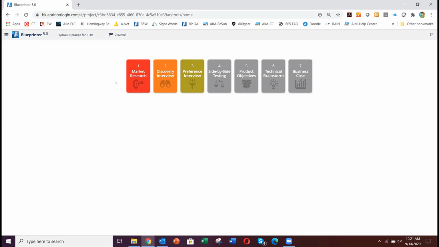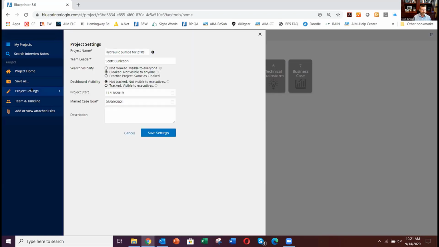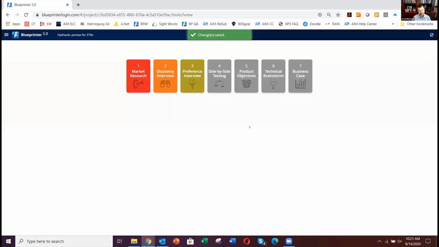So is that something only the team leader has the capability of doing, or all team members? Anybody can do it. Okay. So let's change that back. Great question, though. We don't have any different levels of access rights within the project, which is why